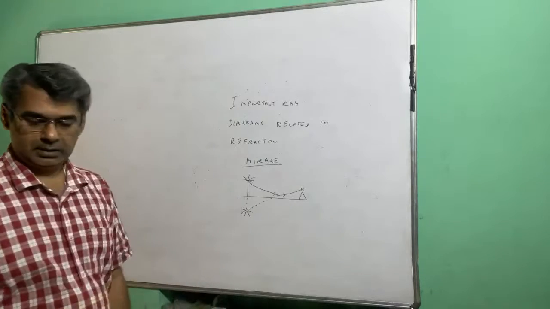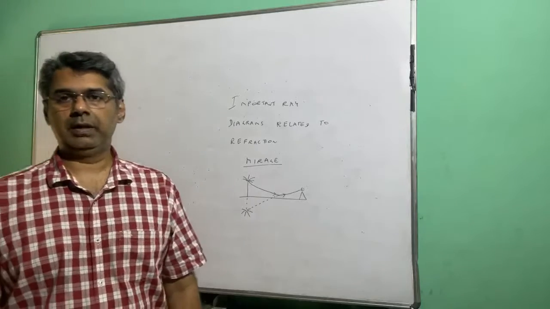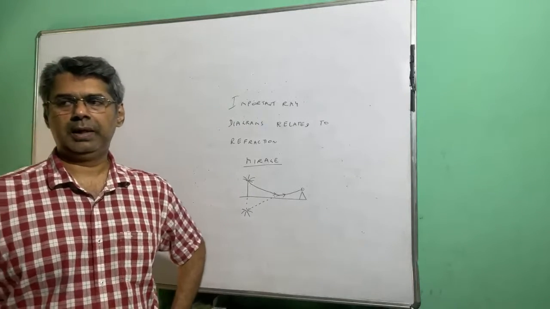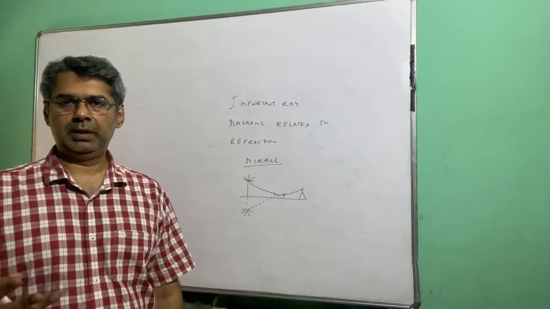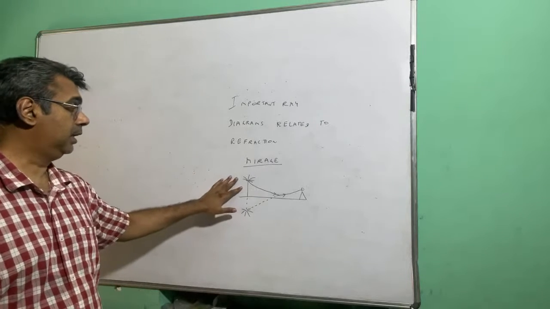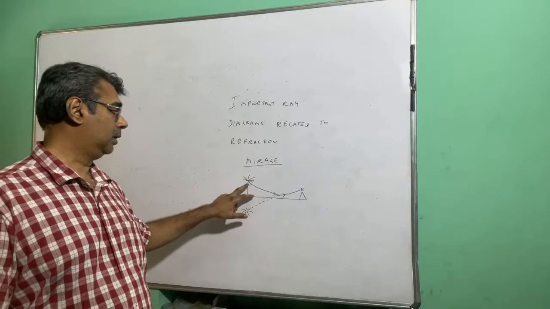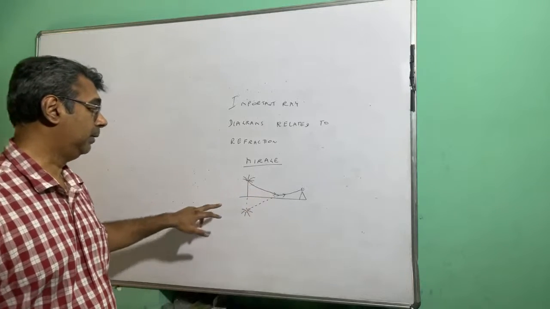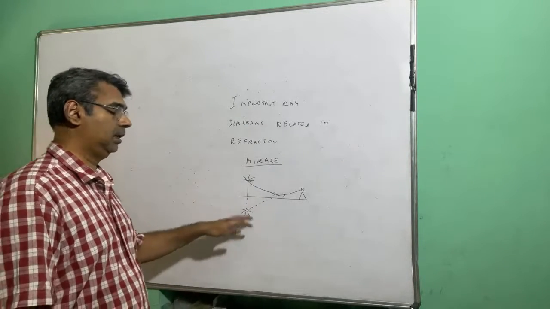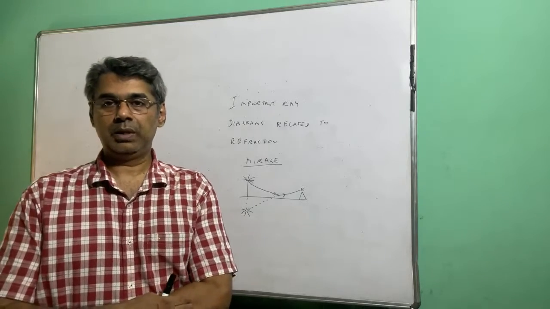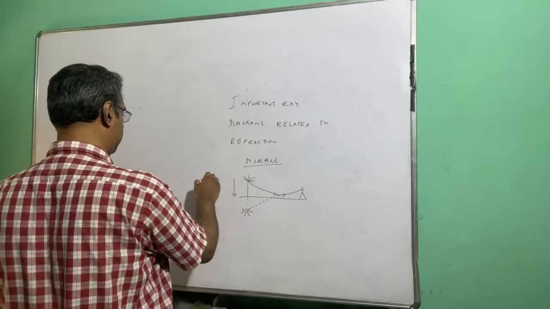Okay, so basically the second concept is mirage. Now what happens is that if it is a very hot day, and typically in desert areas, suppose there is a tree and it is a very hot day and it is a desert area. The rays of light will come from the tree, and they will keep refracting because the air just above the ground is very hot and its refractive index is less. So as you go from the tree downwards,